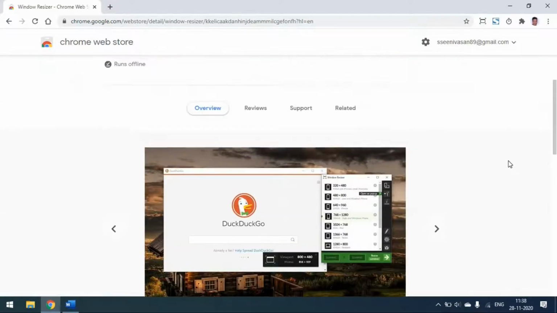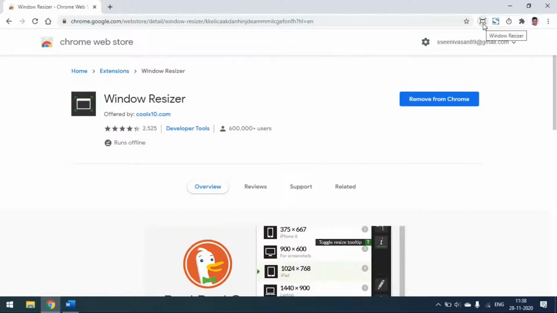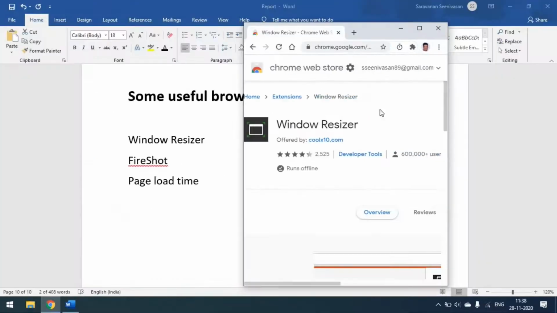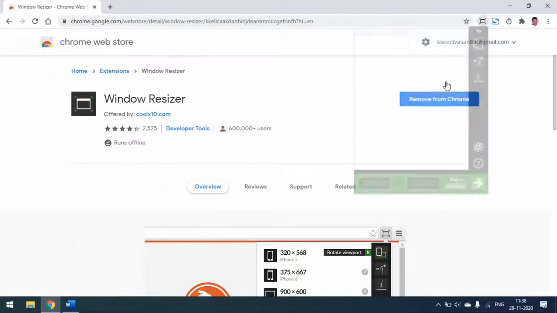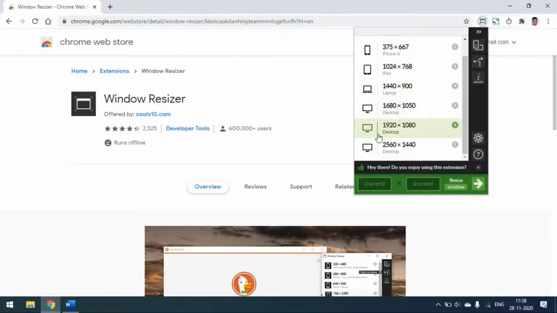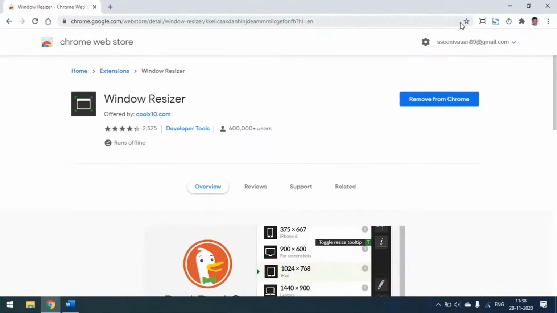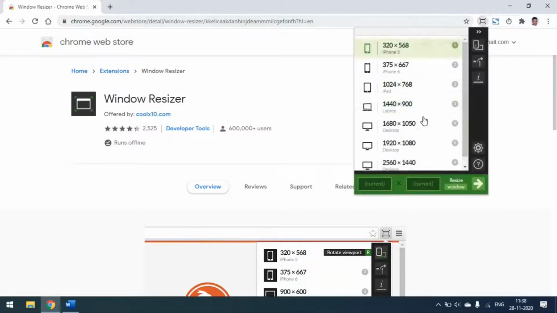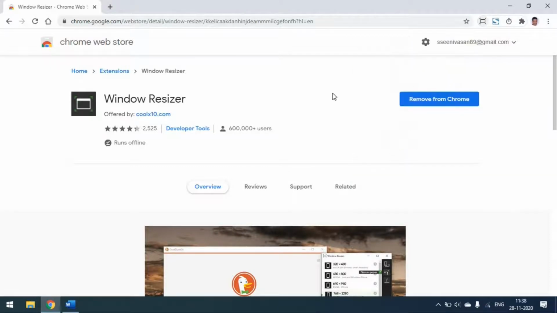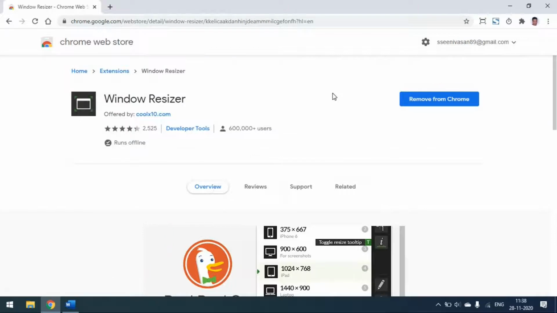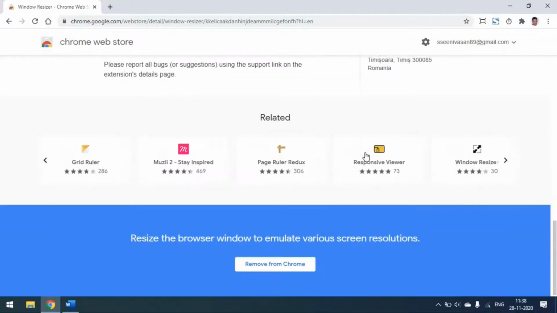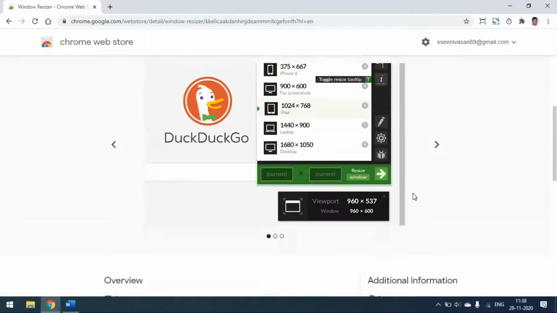Okay, so I will show you this one now. This is the extension. Once you install it, you can see the icon on the right side of the browser. Now if I want this iPhone 5 comfortable view, it is changing, right? Similarly, I can go for this iPad view. So this is a resolution type, and we can go for it. And this is one more type; there are so many window resizers we can go for. I felt this is the best one. If you find something else which has other features, please leave it in the comments.